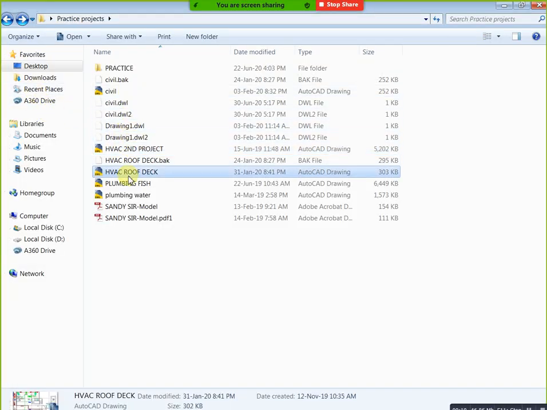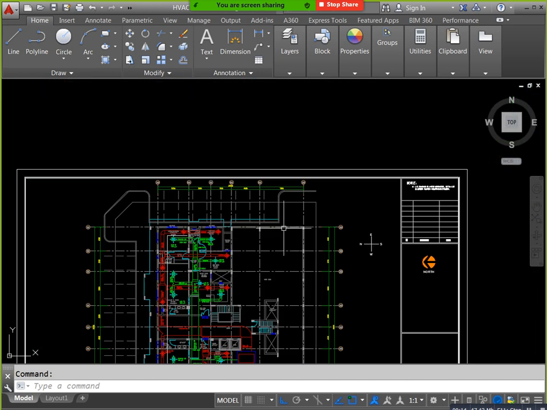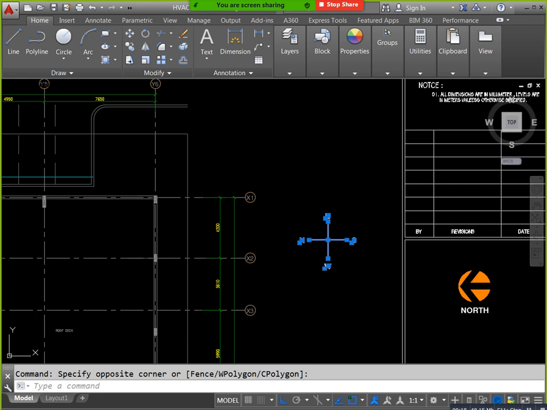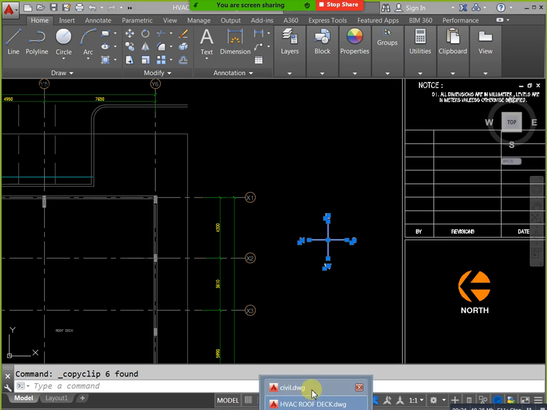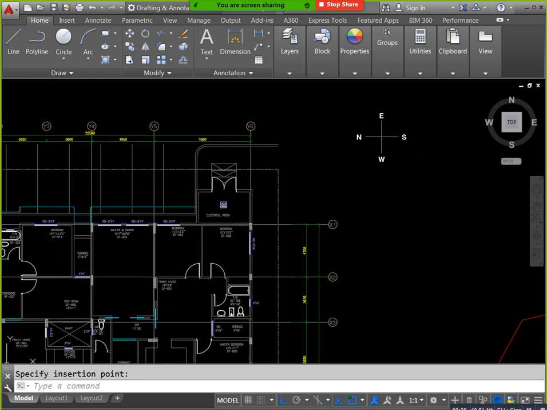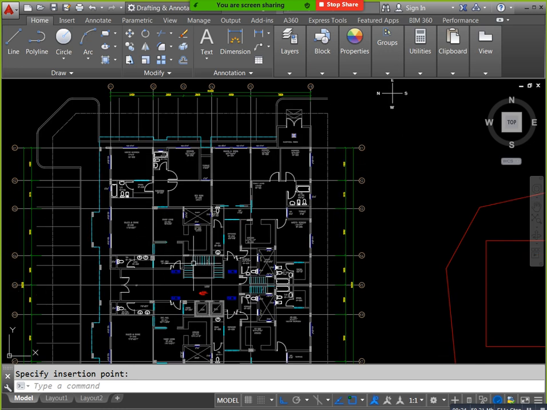See, here we have the orientation. I will copy this one, same plan. Where is the previous part? This one. Directly we'll copy it here. This is our orientation. This is north, this is south, this is east, and this is west. This is our project. This is the east side, this is the west side, this is north, and this is south.